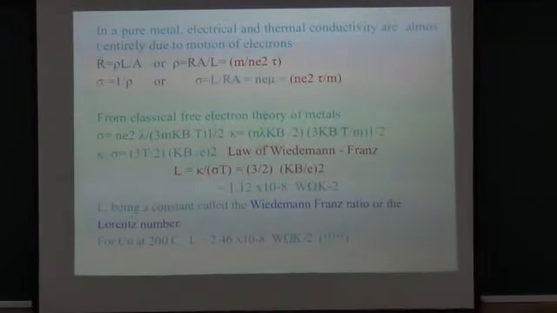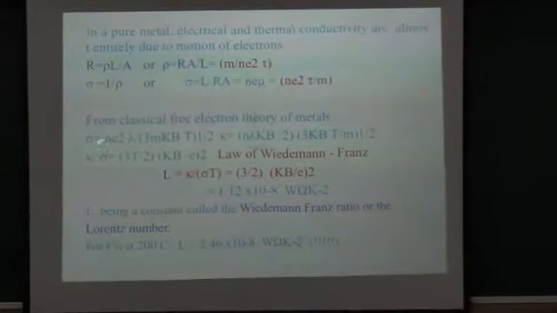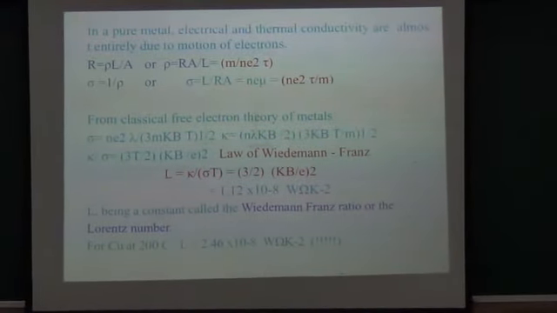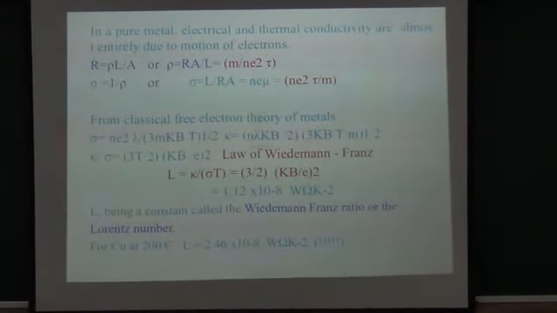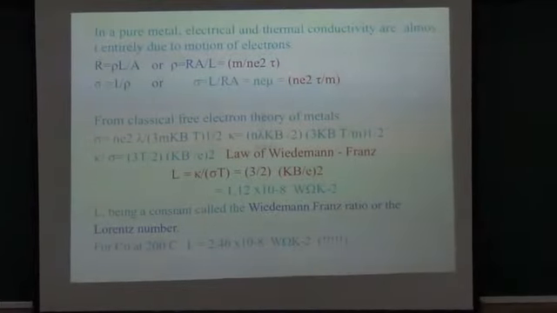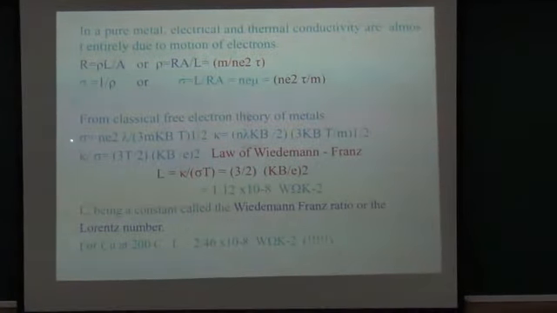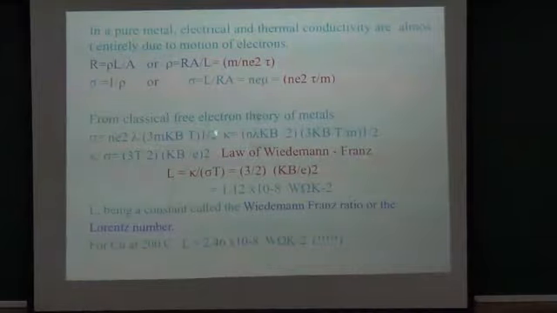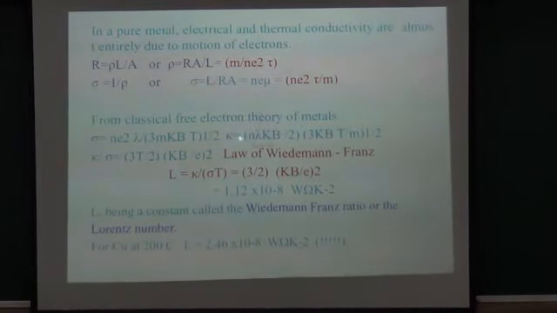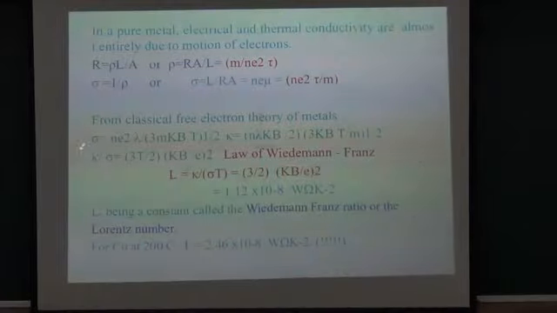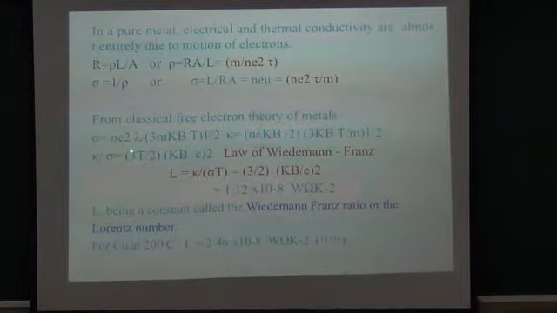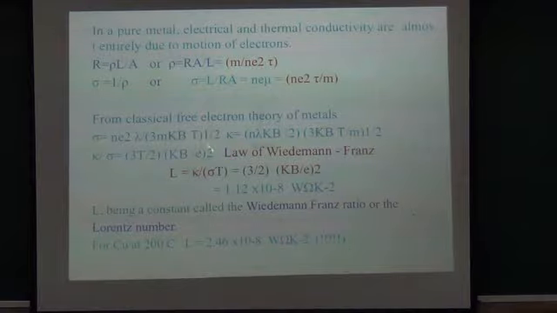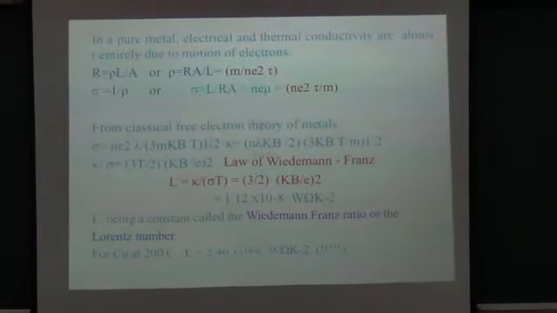If we make use of the classical theory, it gives the value of sigma to be equal to this one. In fact, these expressions have been taken, and here tau has been written just by applying half m v square equal to 3 upon 2 kT. We can write down sigma to be equal to this one, and similarly this is thermal conductivity K. This can be written like this. If we take the ratio of thermal conductivity to electrical conductivity, it comes out to be 3 over 2 into k_B, the Boltzmann constant, over e, whole square, times T. This is called the Wiedemann-Franz law.